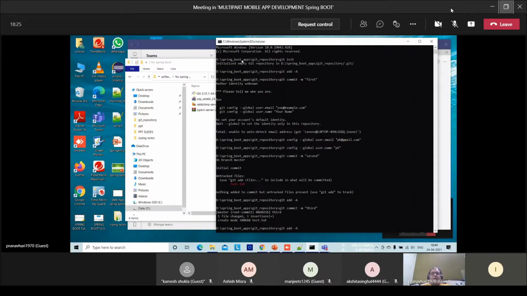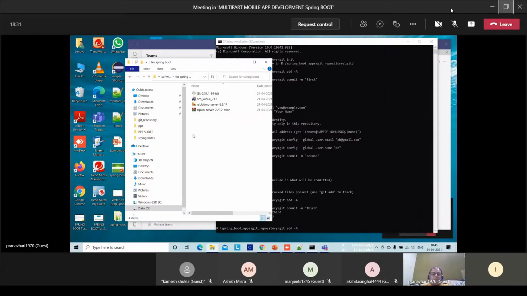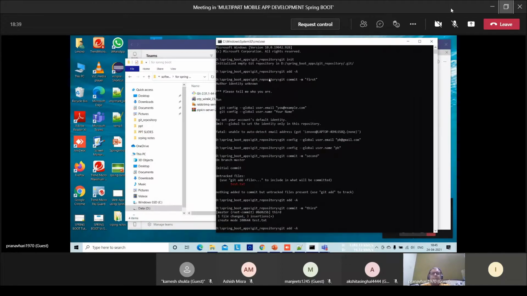Once Git is downloaded and installed, after installation you have to set up the Git environment by issuing the command git init.